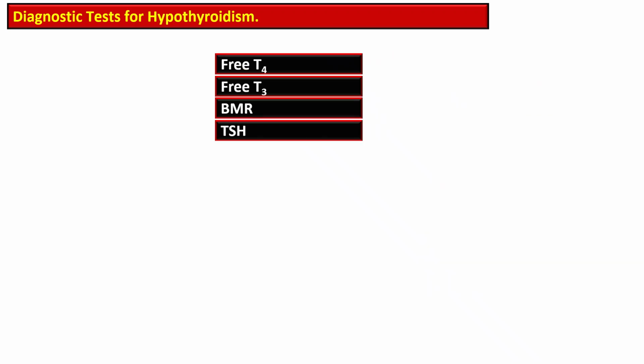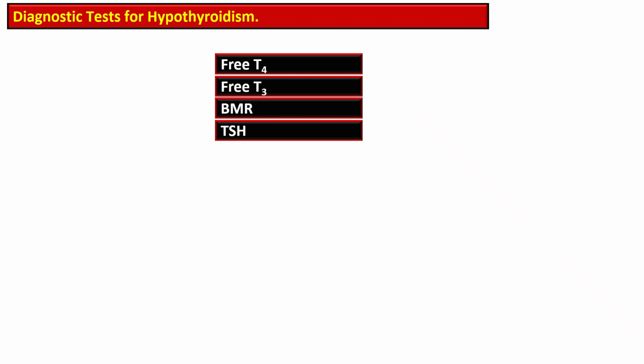The tests for hypothyroidism are free thyroxine level in the plasma. The radioimmunoassay of free T4 or active form is done, and it is low in hypothyroidism. The BMR is also decreased. So the test is measurement of oxygen consumption or metabolism. So in myxedema, the BMR is about minus 30 to minus 50 of the normal, and